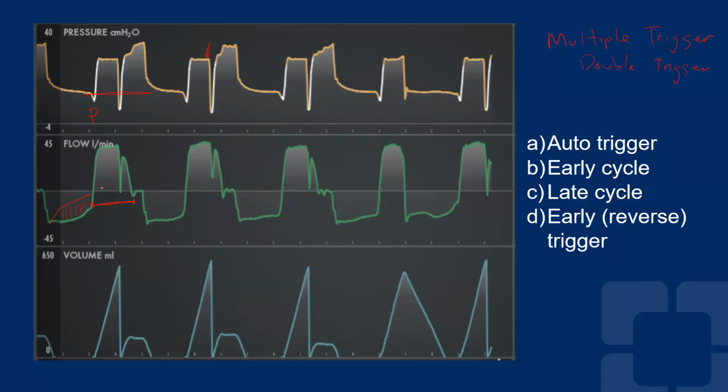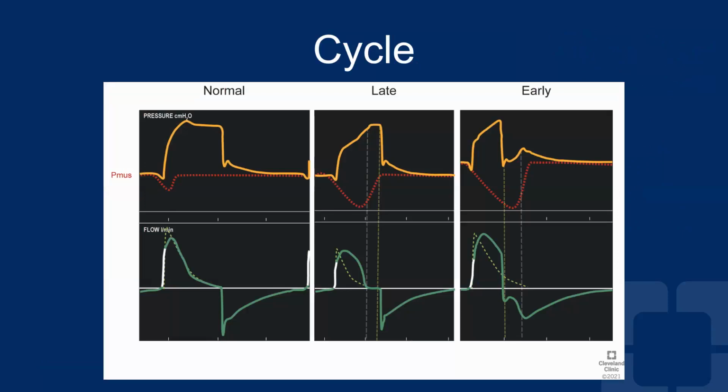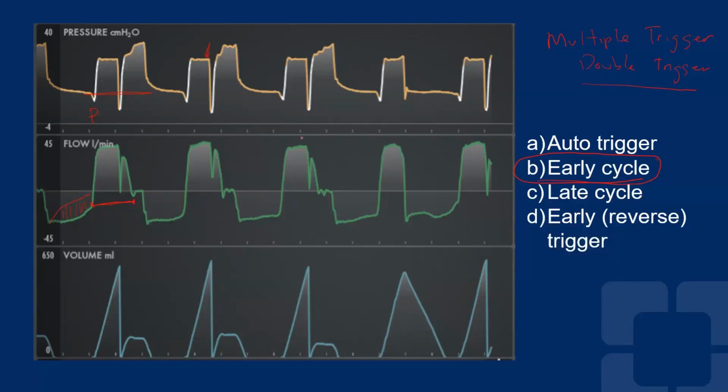That's the patient signal. So you can see on the top, in the first example that you have, where this yellow dotted line is, it's at the same time as the one below. You can see that the breath was started by the ventilator, and then afterwards the patient started the effort. So the pattern is machine followed by patient. Machine followed by patient is what we call an early or reverse trigger. Early or reverse trigger, meaning that the machine started earlier than the